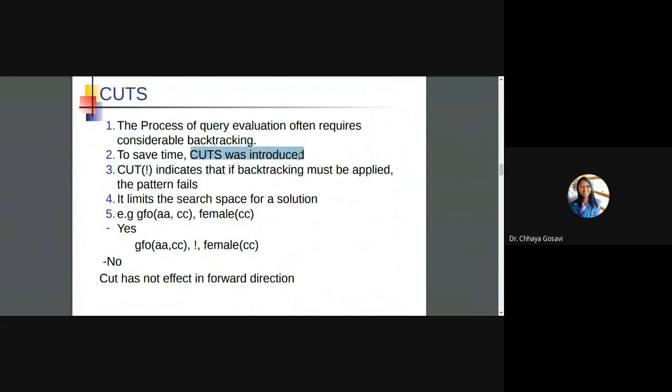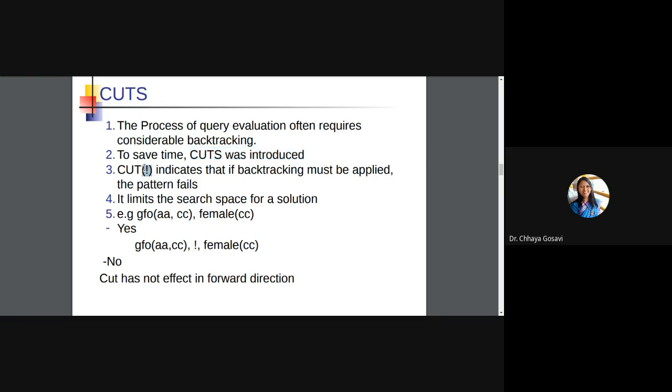For example, if I surely know that I don't want to go this way in backtracking, the compiler should not check this part, only the particular part of the rule has to be checked. So it will cut down the number of times you are backtracking and producing the results.